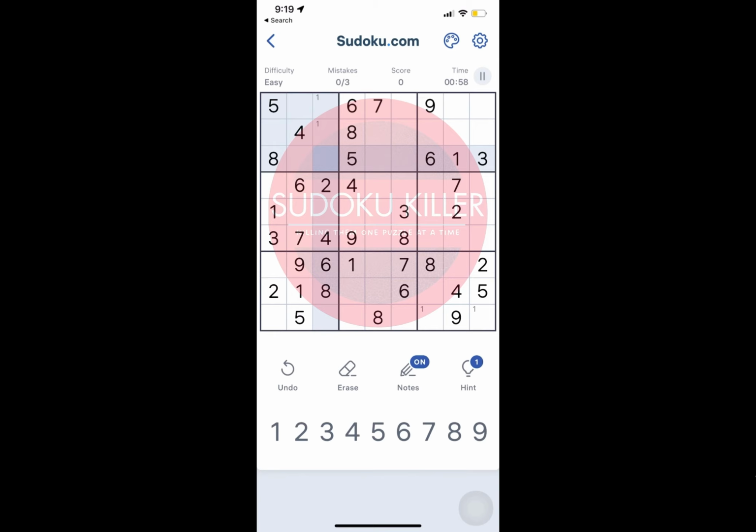Let's move on to the next number, which is 2. Start with 2. We know that we have a 2 here, we have a 2 there. That means we should be able to place a 2 somewhere up in here. So we cannot put a 2 here, so we should be able to put a 2 here, and then this might also be a 2. We are not sure yet, so we leave it like that. Then let's check the bottom. In the bottom we know that we have a 2 here, so that means no 2 here, no 2 there. That means we are going to be left with